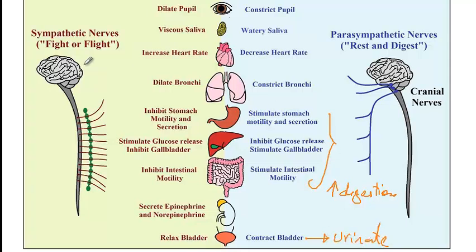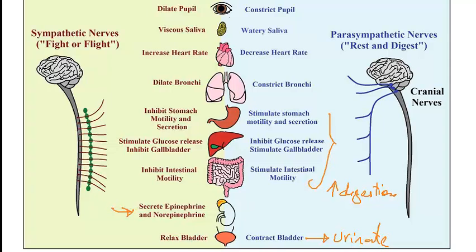And then the other system that is being affected by the sympathetic nervous system is the adrenal glands. So basically the adrenal medulla, which is the center of the adrenal gland, upon stimulation by the sympathetic nervous system, could release the epinephrine and norepinephrine hormones in order to further enhance the effect of the sympathetic nervous system. So this is again an example of integration of the nervous system with the endocrine system, where the nervous system can act on the endocrine system directly.